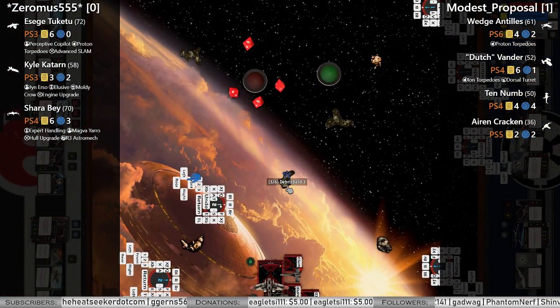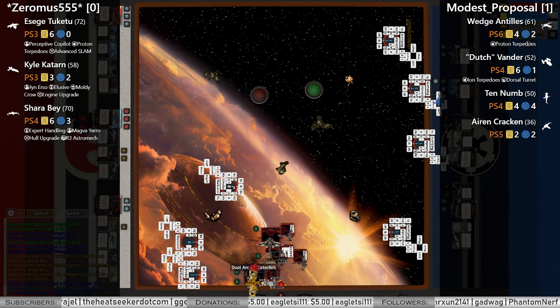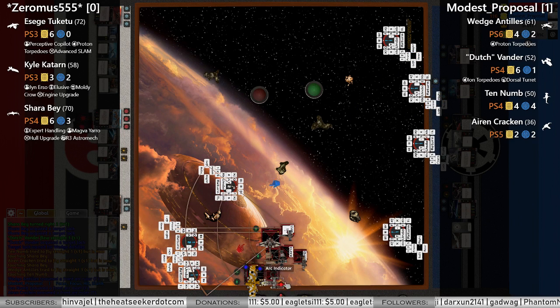How did he get that target lock? So one hit, was that... Did Dutch give him one? Yes, that's probably what happened, because Dutch didn't bump. Yeah, he didn't take another action, so...